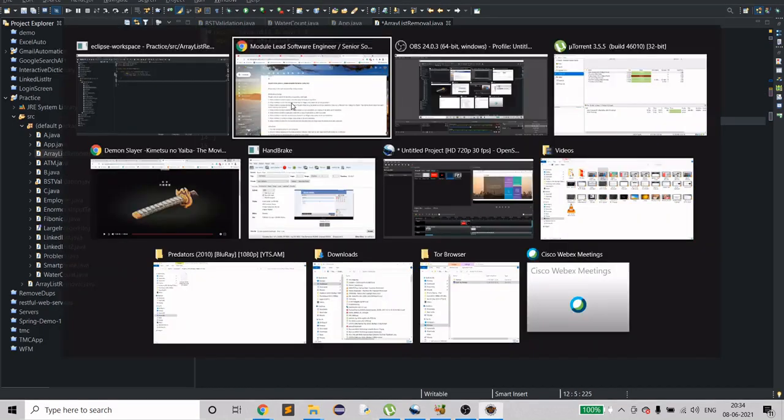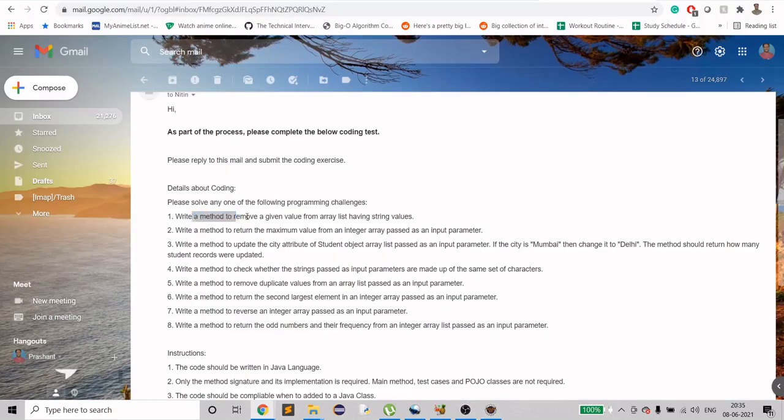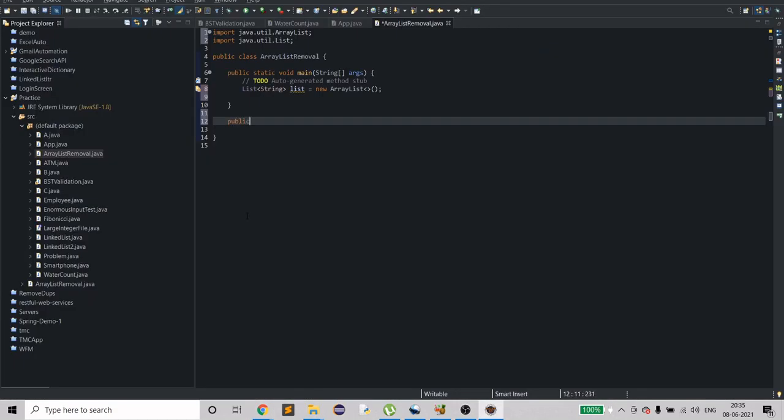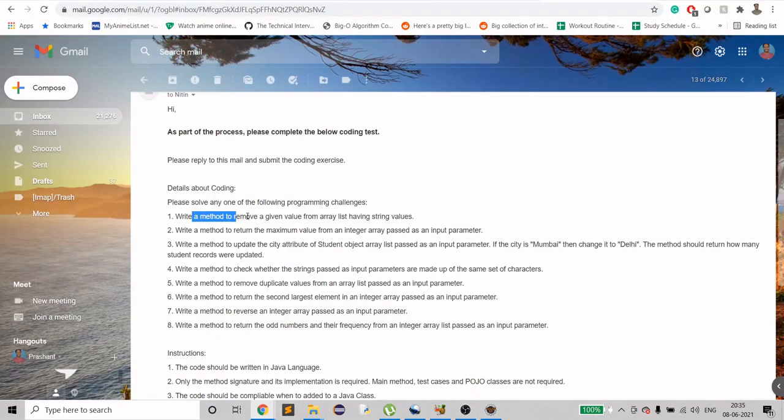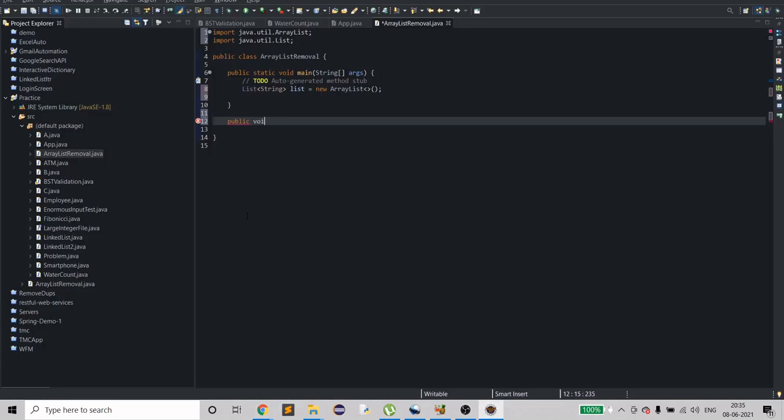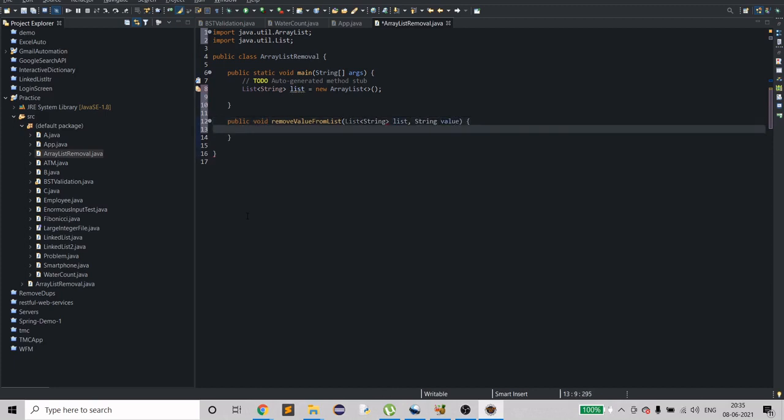Let's first create a method because they have asked us to write a method. As this method doesn't have to return anything, it just has to remove, I will be using void as the return type, and let's say removeValueFromList. So I need two things here. First, we need a list of type string, and then I need a value to be deleted, right? So there are two ways to do this. First is that let's say I iterate